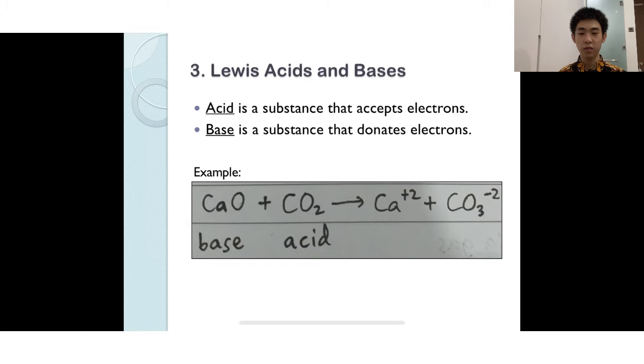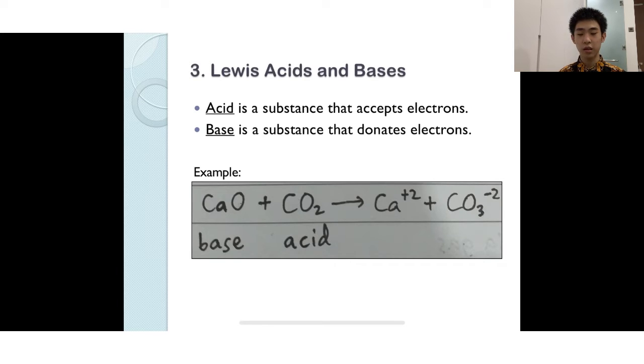The third definition is based on Lewis acids and bases. Acid is a substance that accepts electrons, while base is a substance that donates electrons. Example is calcium oxide plus carbon dioxide yields calcium ion plus carbonate ion. Here,